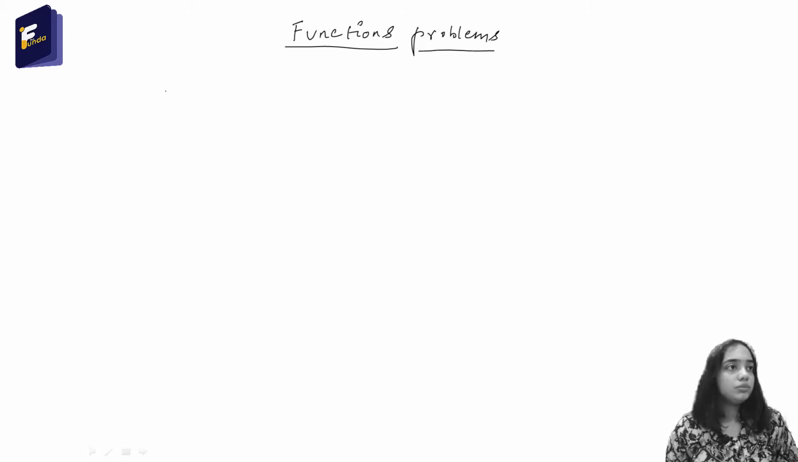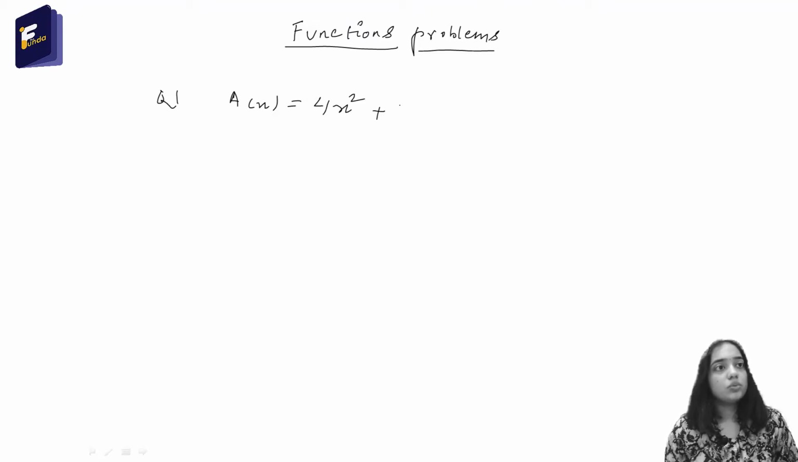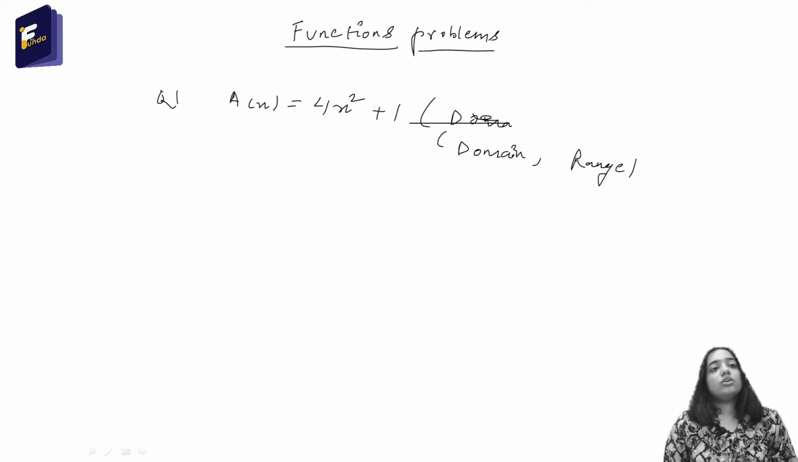The first problem, question number 1, is to find the domain and range of this function. The function is 4x square plus 1. You may pause the video and solve this question, the domain and range. Here I am writing the domain. Please pause the video and solve. Okay, so the answer is,